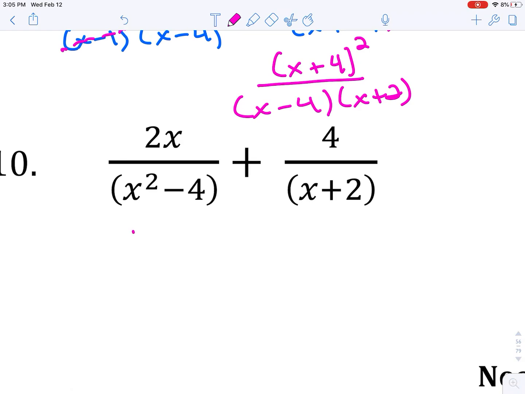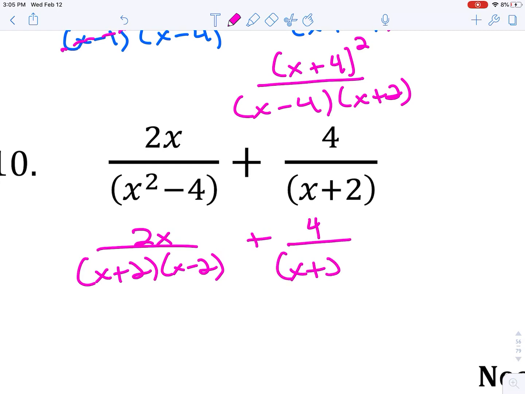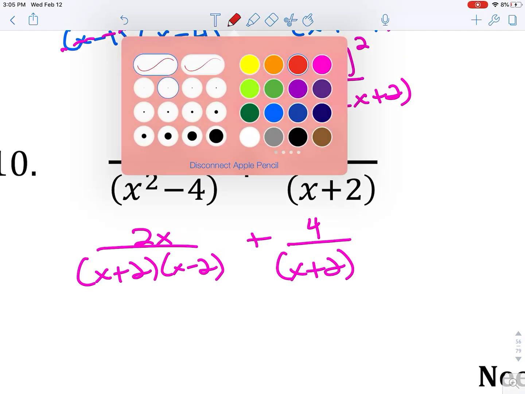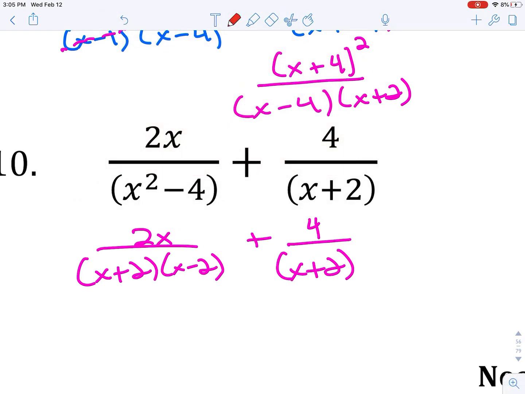So again, here we are going to factor whenever we can. So I'm going to think of the bottom part as x plus 2, x minus 2, plus 4 over x plus 2. Okay, so these two almost have common denominators as they are. They both have x plus 2. The only thing that I would need to do is I would need to multiply this by x minus 2 on the top